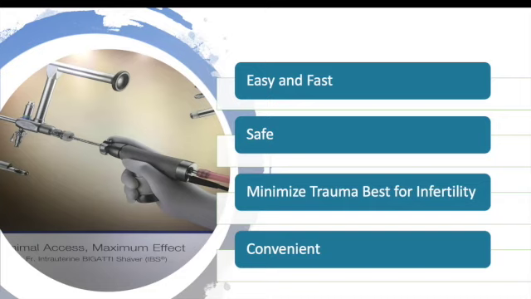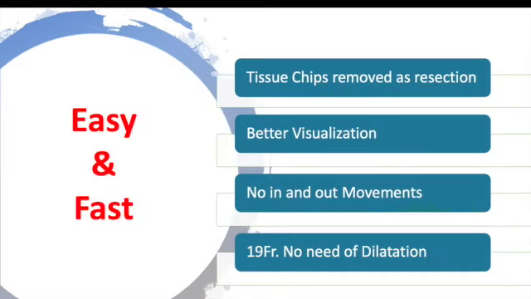The shaver, as it has been designed today, minimizes trauma and should be the best choice for infertility patients. And in the end, we personally think it is also a convenient device. The reason why the shaver is easy to use for the surgeon and also fast is that the crucial point is that tissue chips are removed at the same time as you resect them. This is also very important because you not only keep the visualization, but you always have control of the operation,